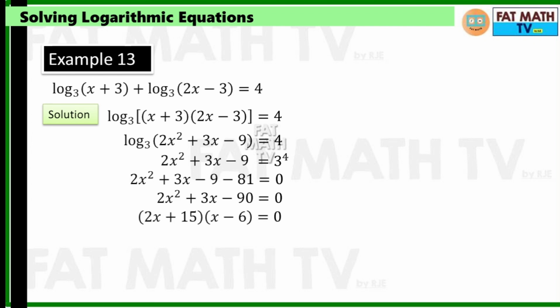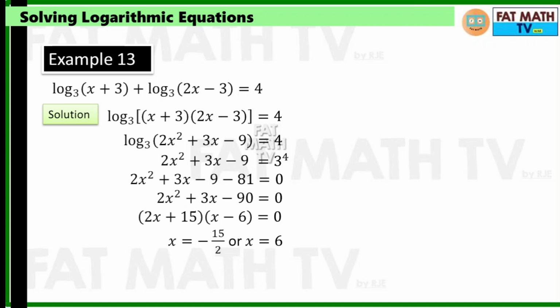So by this time, at grade 11, you should be a master of factoring quadratic trinomials. So factoring quadratic trinomials is a trial and error. So you have to do that. You are going to look for factors of 2x squared. So that will be 2x and x. And then factors of negative 90 so that the middle term will be positive 3 if you will expand. So we get here